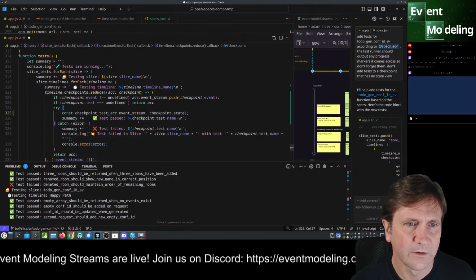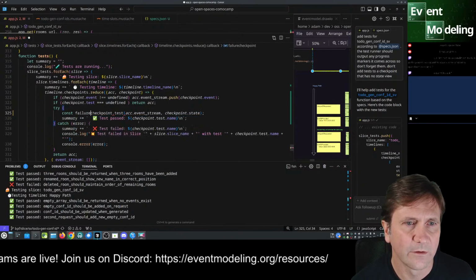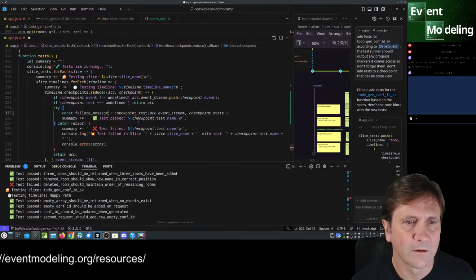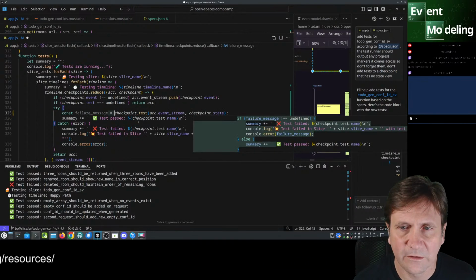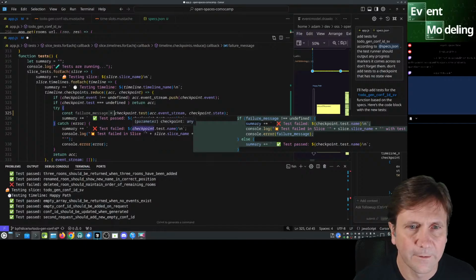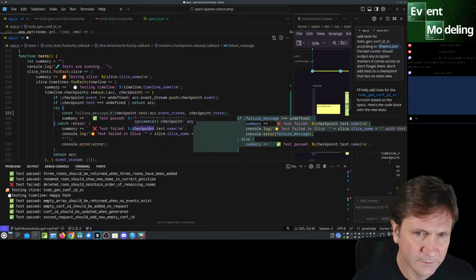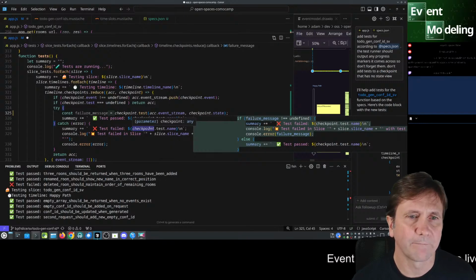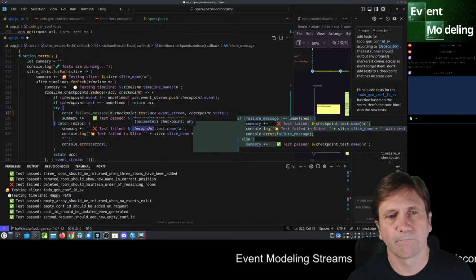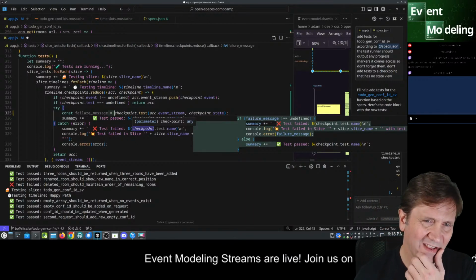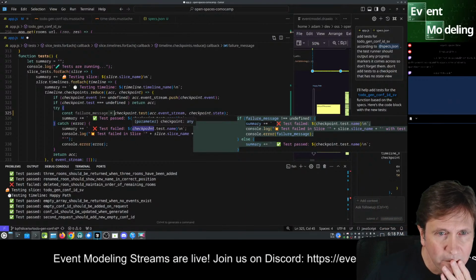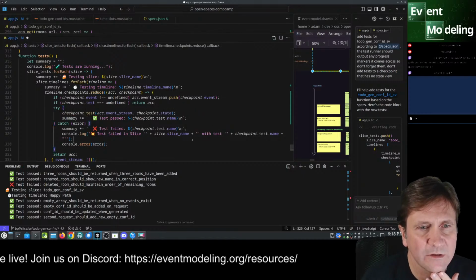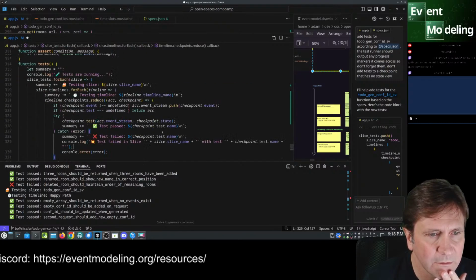Const failure message, oops, equals that. Actually, no. It should throw that, shouldn't it? Because if it fails, I think we're using a throwing mechanism here, right?